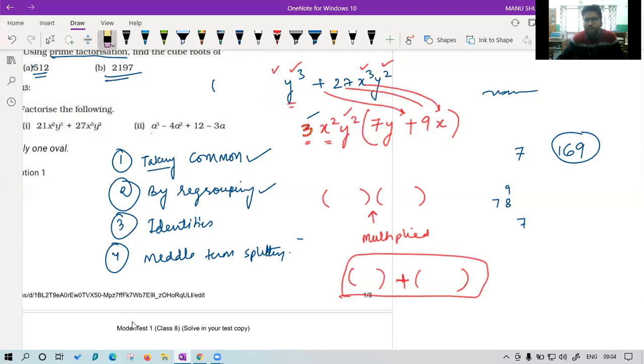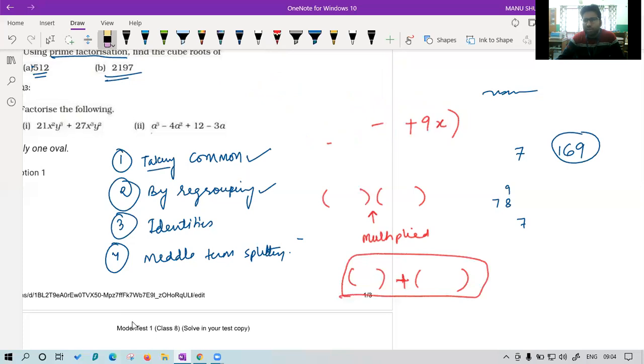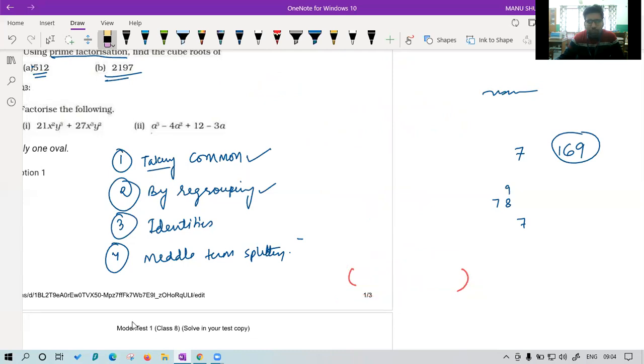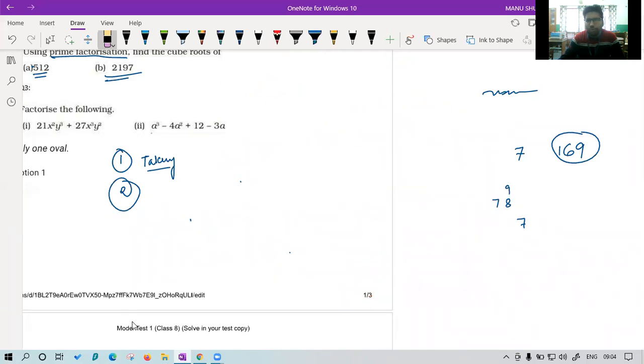Prisha, don't worry. I will discuss that middle term splitting. If a question comes, I think in today's one it is not there. Tomorrow's one we will get, I think. Okay, let's see. Don't worry for that. That will be clear to you. We will go step by step because we have 3 more model tests coming up in recent days. I think tomorrow only I will give you the third model test paper.